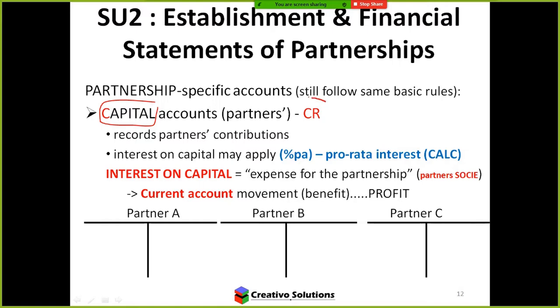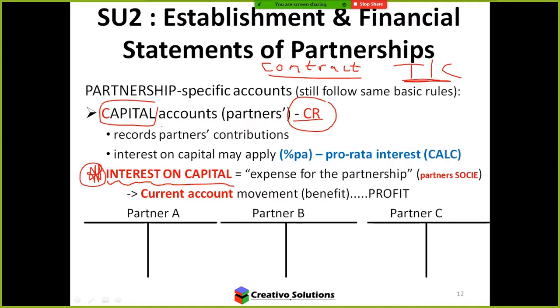Same as before, we said capital is capital, capital always has a credit balance. Other accounts, this is something new that you haven't seen before. When partners sign that contract, remember we spoke about that agreement? If you look at the textbook, volume 2, and you look at this chapter, they talk about the terms and conditions in the contract. Sometimes partners may include this: